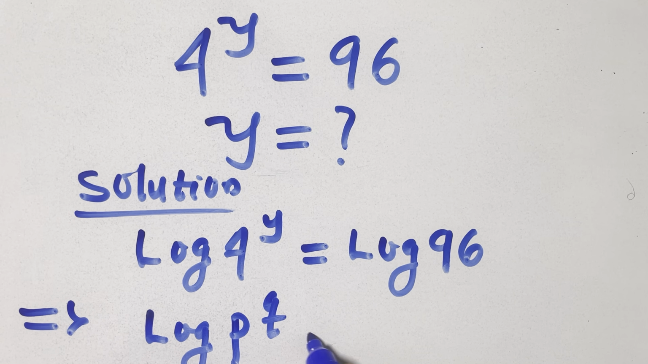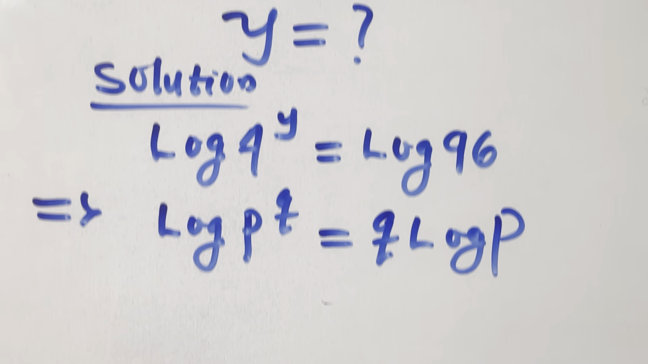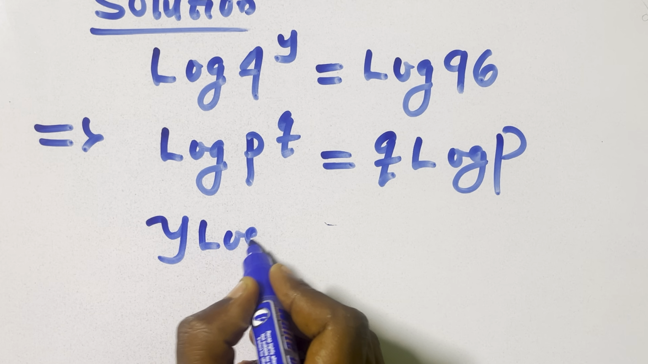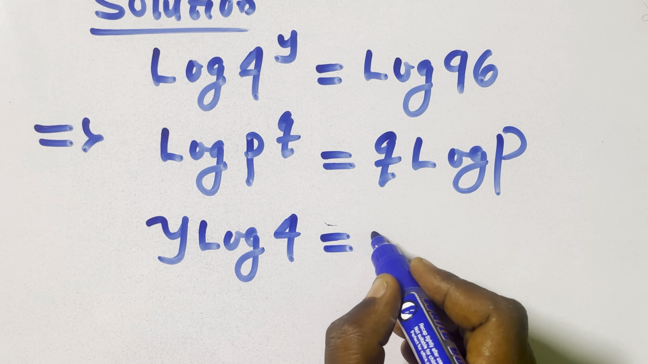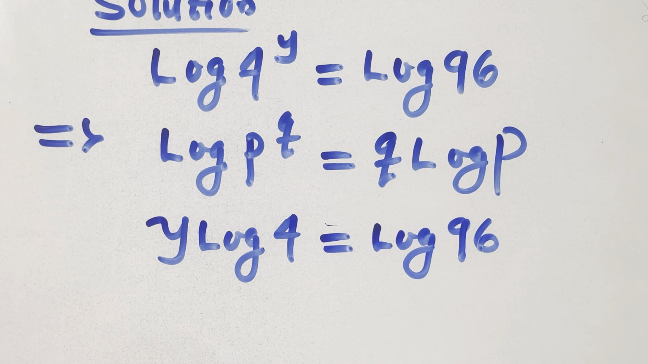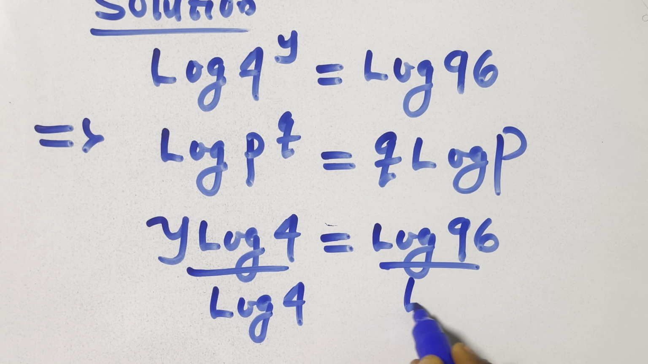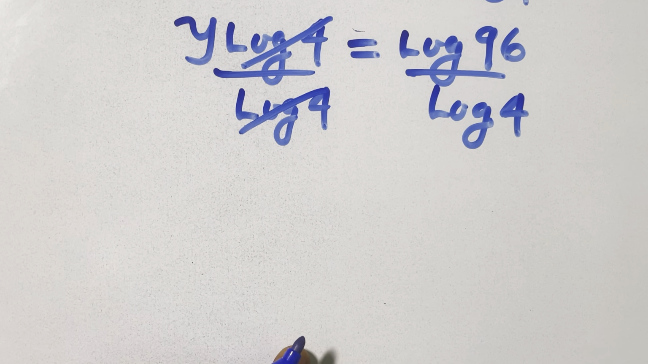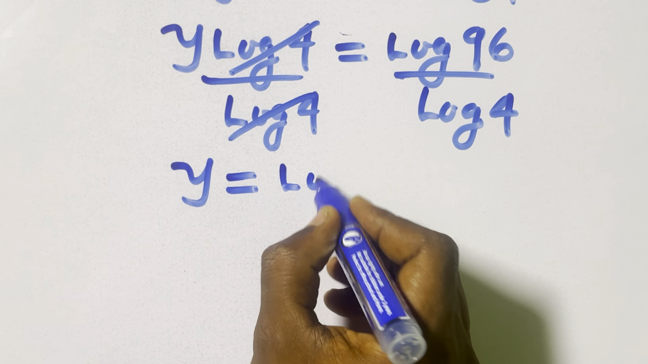But here you have to recall that from the property of logarithm, if you have log p raised to power q, this q will come forward, we have q log p. Applying this to the above, y will come forward, we have y log 4 equals log 96. What we are going to do next is to divide both sides by log 4. This will cancel out this, and we will have y equals log 96